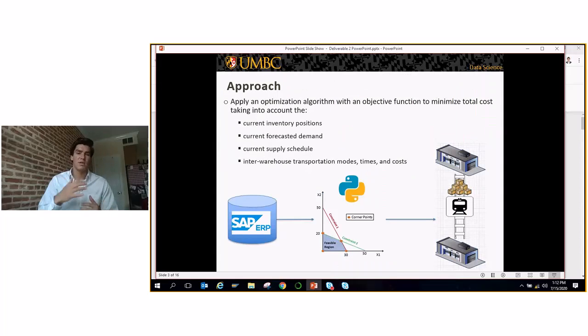Now, if you remember back to our last video, the approach we're going to take is to apply linear programming and an optimization algorithm with an objective function to minimize total cost, taking into account things like current inventory positions, current forecasted demand, current supply schedule, and all of the different inter-warehouse transportation modes, such as truckload or by railway, the times it might take to get from one distribution center to another, as well as the different costs associated